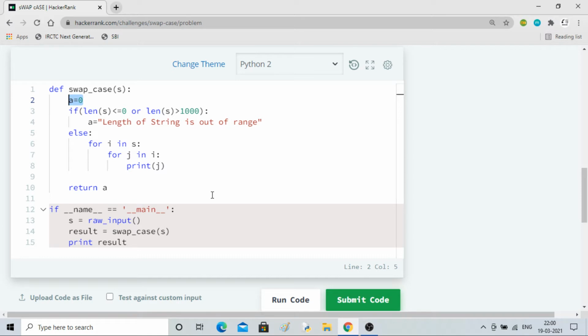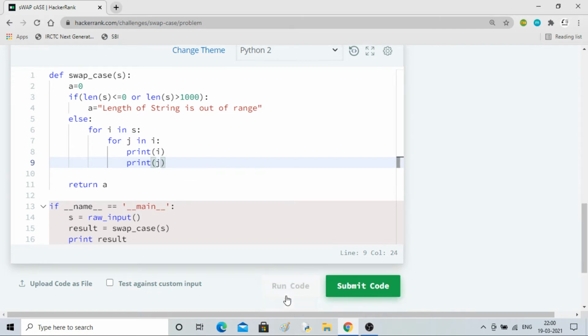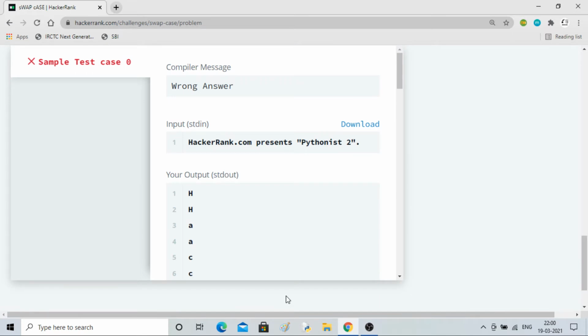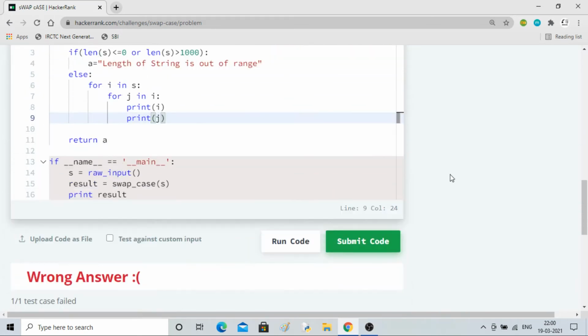Okay, so what I'll show is the I value as well, so that you will get the feel, and print j. So how I am accessing every location, it will make you realize. Okay, it will be a problem.